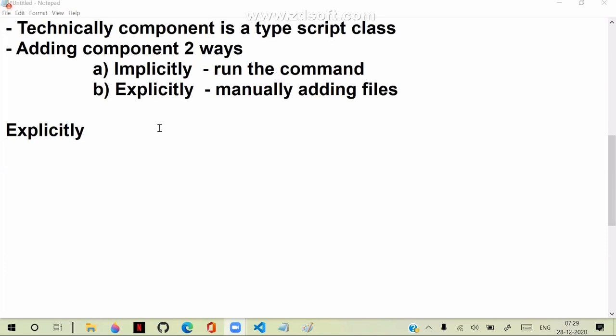Later we will go implicitly. Explicitly, step by step we will learn how we can add everything.